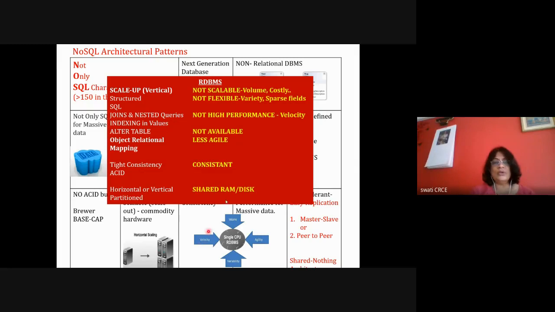Okay, so in case of RDBMS, we have joins and nested queries. There are relationships between the tables. One table is related to another table by using a foreign key, and some complex relationships are also there. Some triggers are there, procedures are executed, and indexing is done on values. So if the size of your RDBMS system increases, then whenever you are performing any operation, it has to internally go through those joins and nested logic, and the operation is very slow.